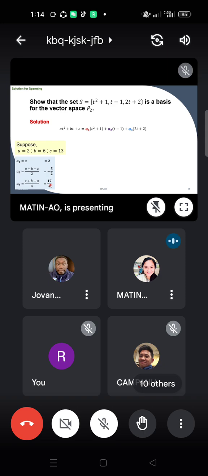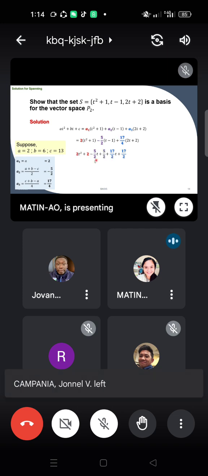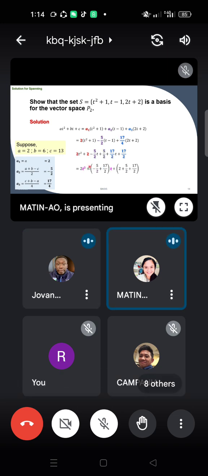So when we multiply it, it is in terms of t, and it belongs to P2. So, therefore, this S spans P2. Okay? So we have shown already that it spans. How about the